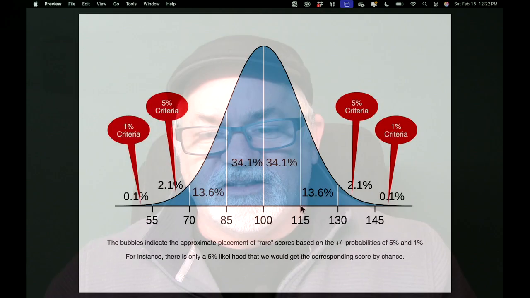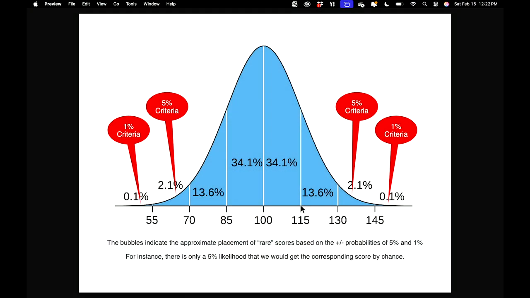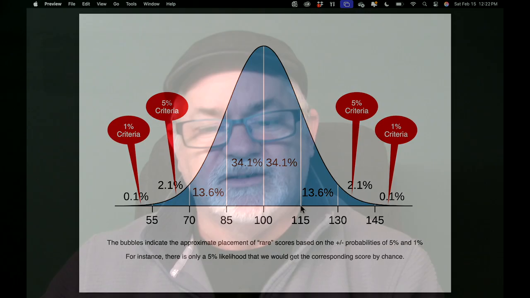Okay, looking at different, that's going to be vital in this way. I've taken this same chart and I've added what we call the 5% and 1% criteria for testing hypotheses. And it's essentially this. If I've taken a sample of people and I'm looking at a score on something to which we have norms, we have the data as to where people would normally score on them. So I take my sample